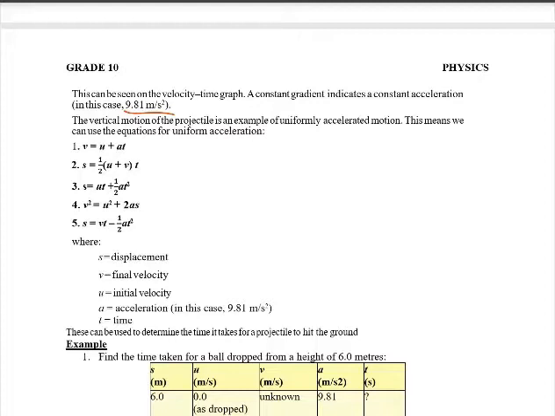It doesn't mean that the projectile motion is an example of uniform accelerated motion, but the vertical motion is an